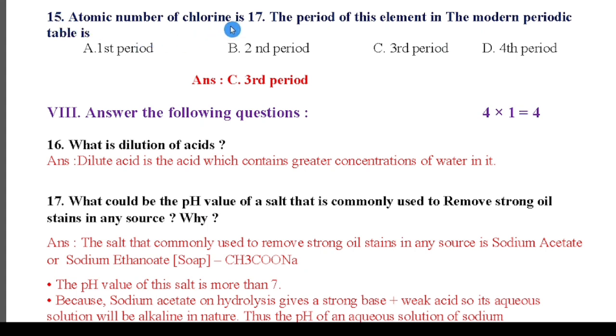5th question: the atomic number of chlorine is 17. The period of this element in the modern periodic table is first, second, third or fourth. That is third period. Why? Because chlorine is 17. You should write the electronic configuration 1s2, 2s2, 2p6,